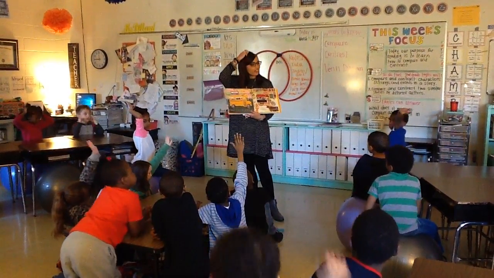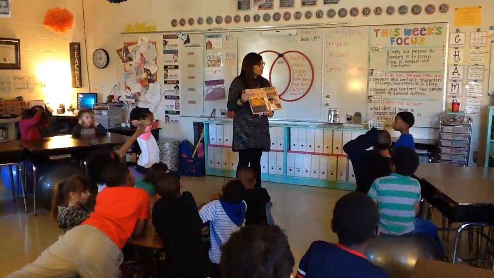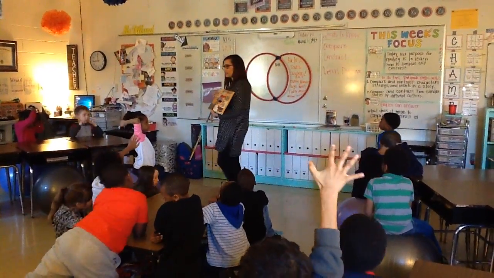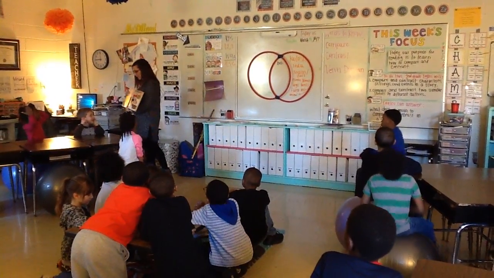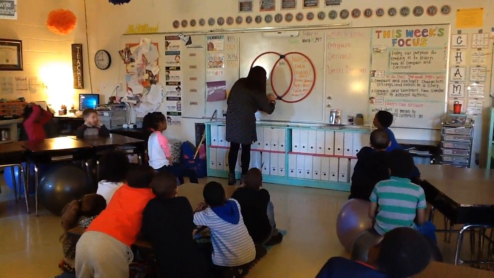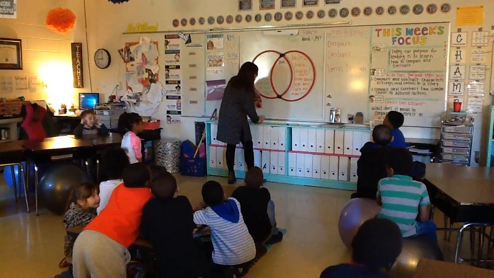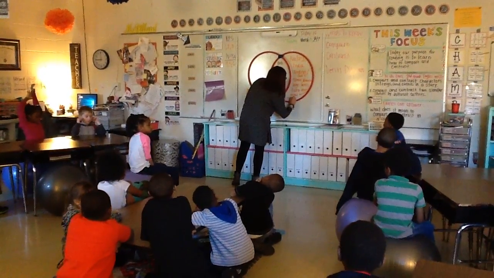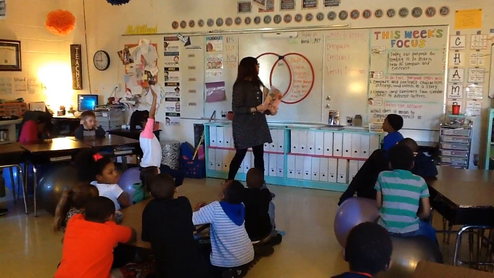How did Elliot get to school, Denaria? How did he get to school? On a bus. How did Kalish get to school, Caleb? Like a bike carriage kind of thing? You're right. So we have us right here, and then we have a carriage right here. That would be pretty cool to go to school in a carriage, huh? Alrighty, so we just